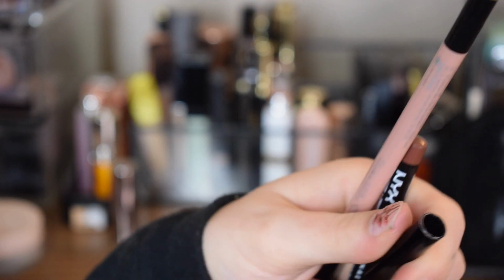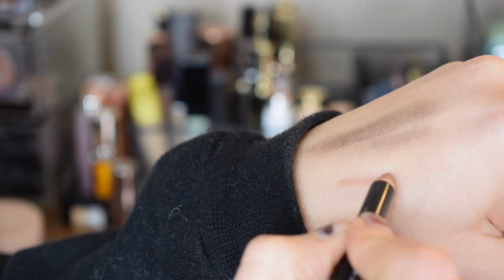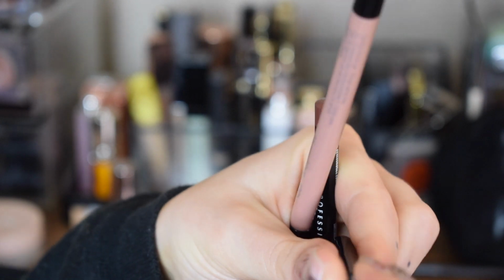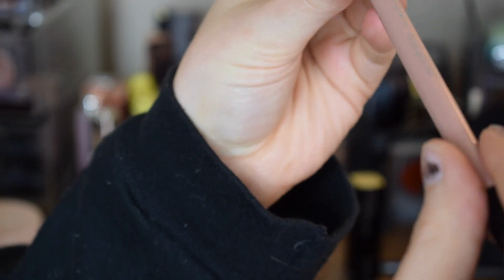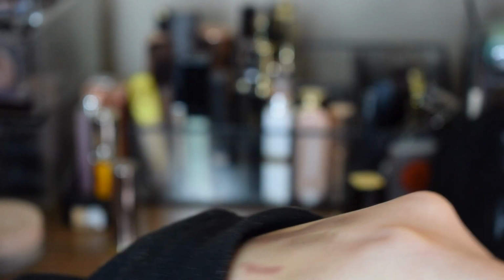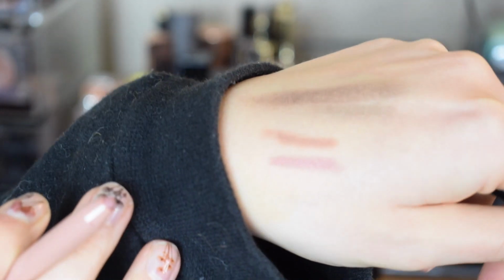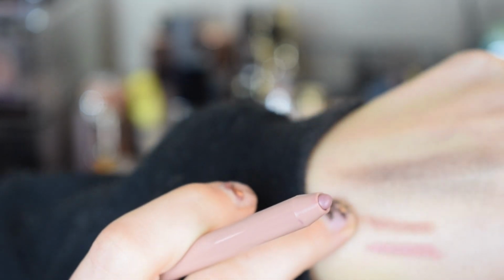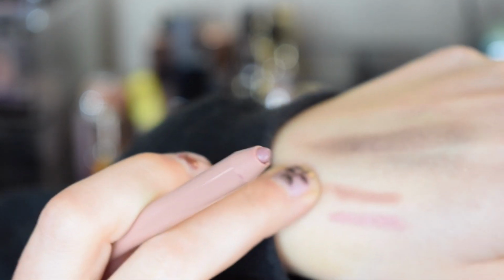I think somebody asked me in the comments one time, so I'll just do some swatches. So this is Nude Beige, as you see here. And then they asked me about the Sephora Nudist, and I just want to show the difference in tones here. See how much cooler that is? That's a true sculpting shade where it almost makes Nude Beige look warm,